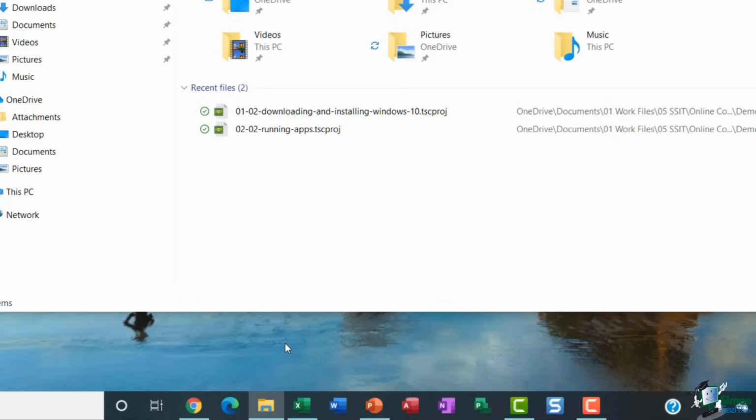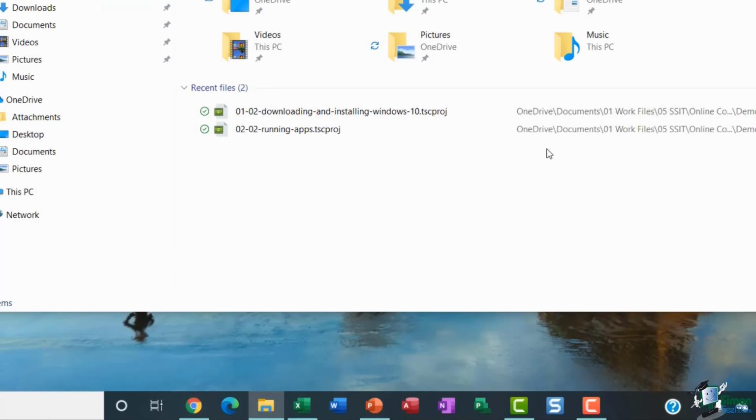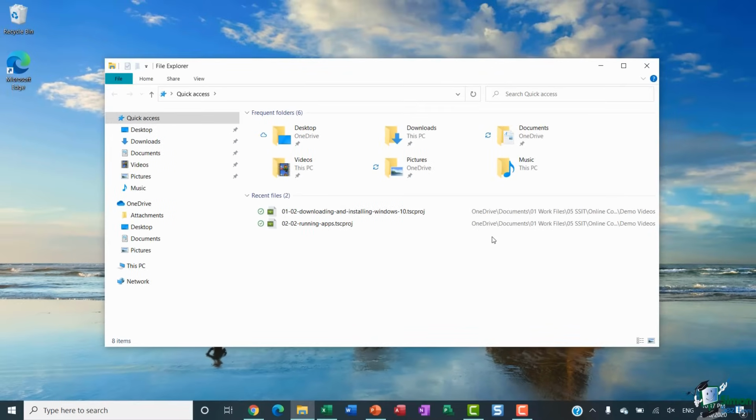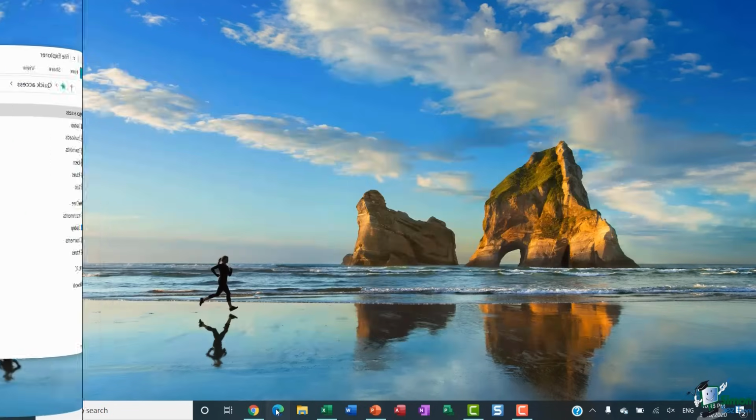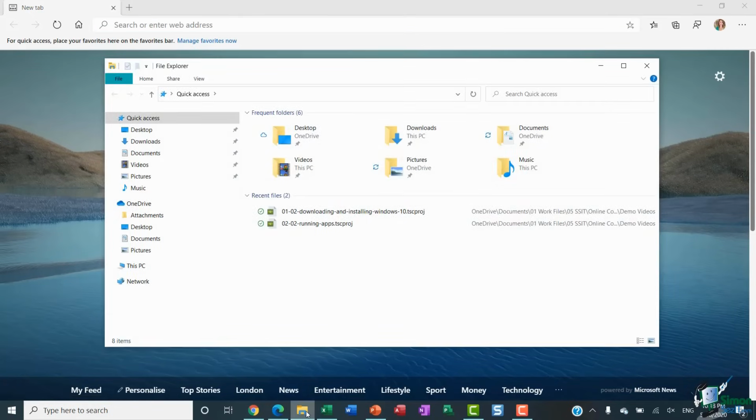my PC. You'll see if I open up the Microsoft Edge web browser, as soon as I do that, it gets a blue line underneath it. And if I close that web browser down, I no longer have that blue line there. Now again, what color this line appears in is completely customizable, and we will get onto that when we talk about personalization. Now, another thing that's worth noting is when you do have a few different things open, if you